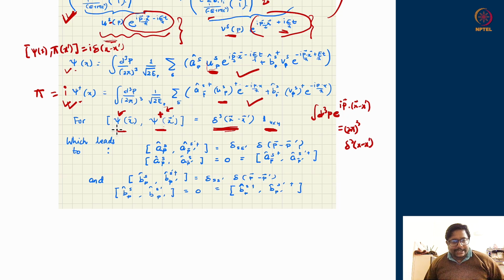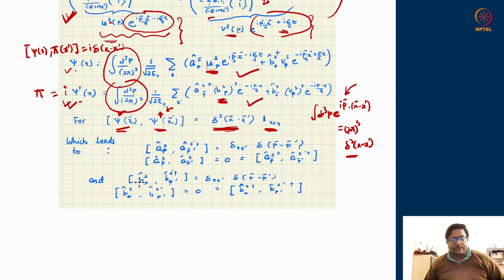So you see, when I write psi and psi dagger side by side, I will get two integrals, one d3p from the psi and another d3p prime integral from psi dagger. The collection of these two integrals should first get converted into a single integral over d3p, and then at the end of the day I should get a delta function out of it. You can see this by maintaining which is the a and which is the a dagger, and so on and so forth.